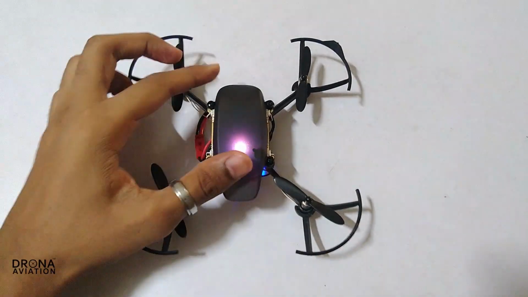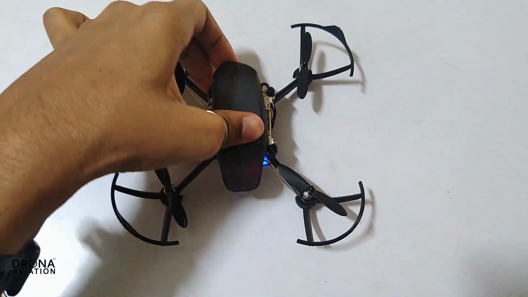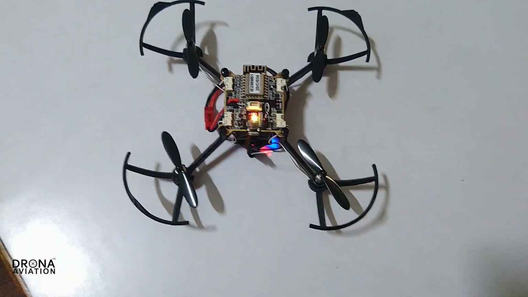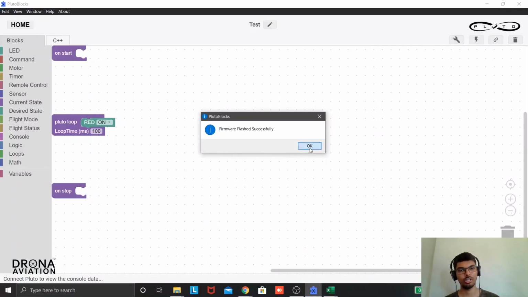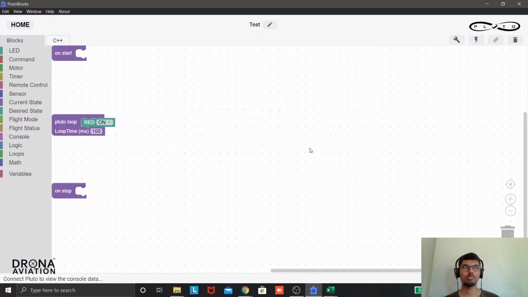Now since we will be using the LED, I will remove this canopy from the drone. I'll click on OK. So the part of Pluto Blocks is now done. The next step is to connect your phone